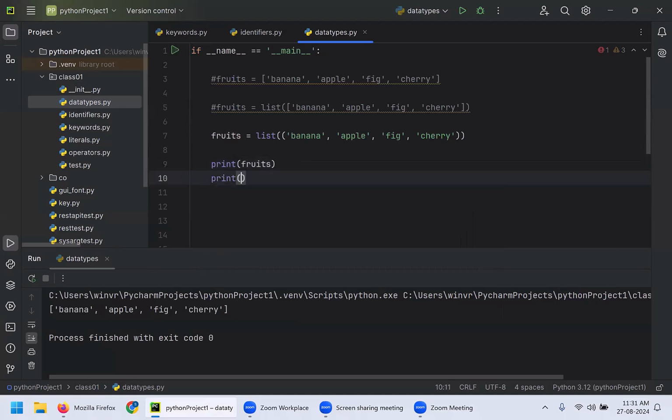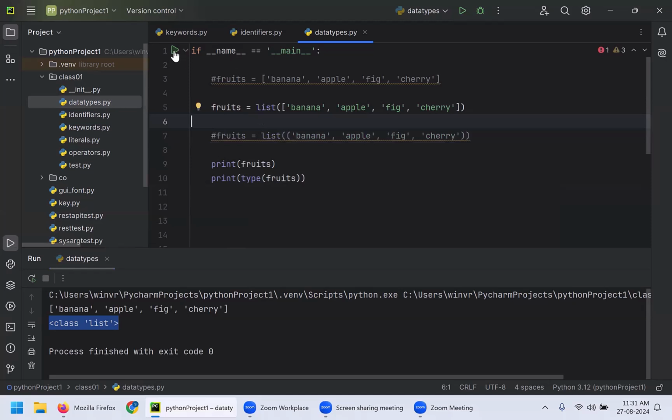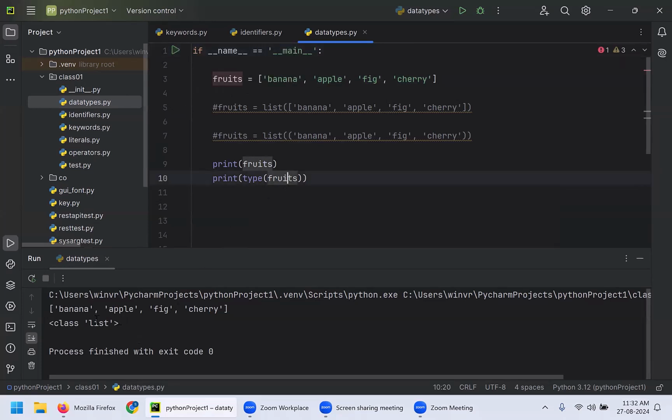So print type. The first one is, last one is list. This one is also list. This is anyway, it is list one. Okay. Now,